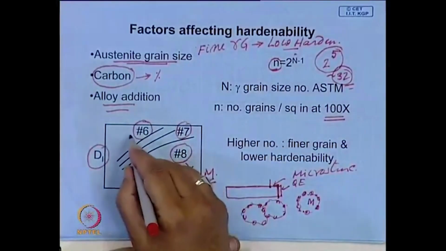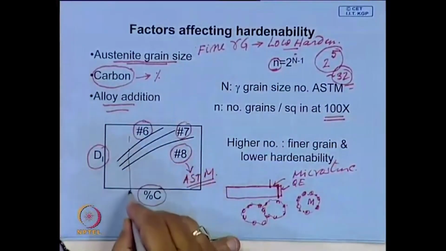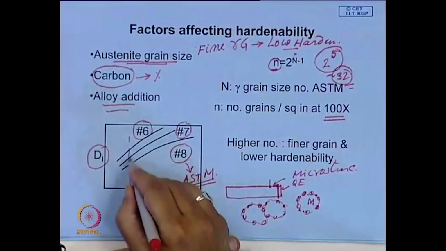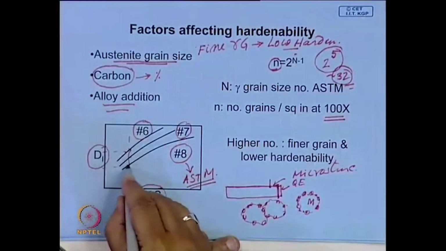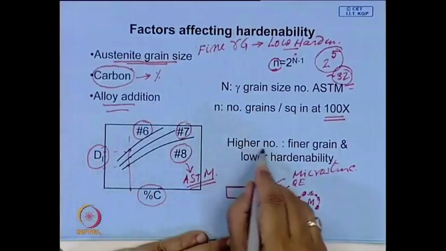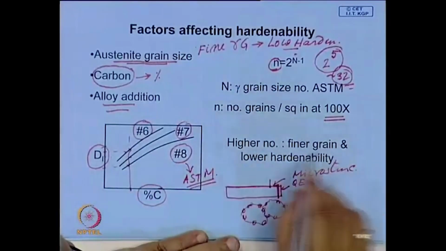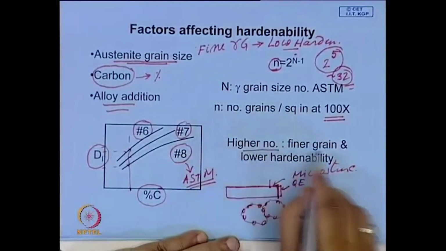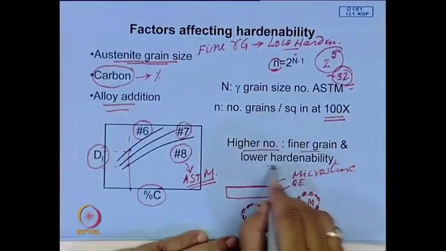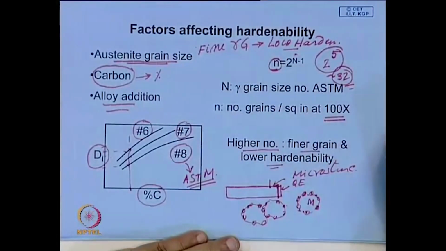If you look at this, for a given composition, if the grain size is coarser, the ideal critical diameter increases. So, a finer austenite grain size has lower hardenability,